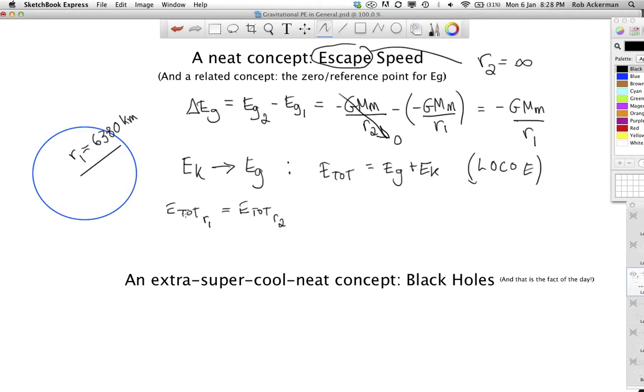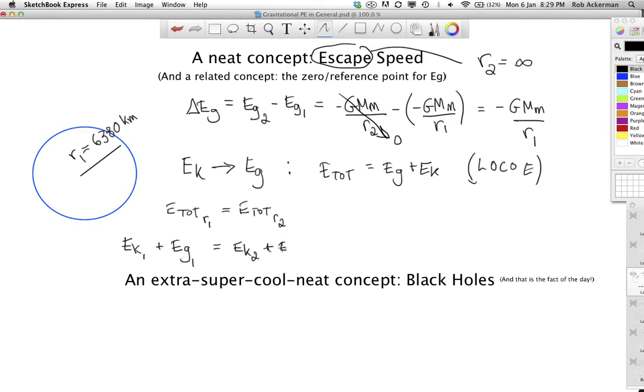Now, what are the total energies at R1? Well, we have to have kinetic energy. This is where we're going to give that one mighty blast to the rocket and hope that it gets going fast enough that it can escape. And we, of course, will have gravitational energy at the bottom, at position 1, and we're going to hope to convert that into Ek when we get to infinity,